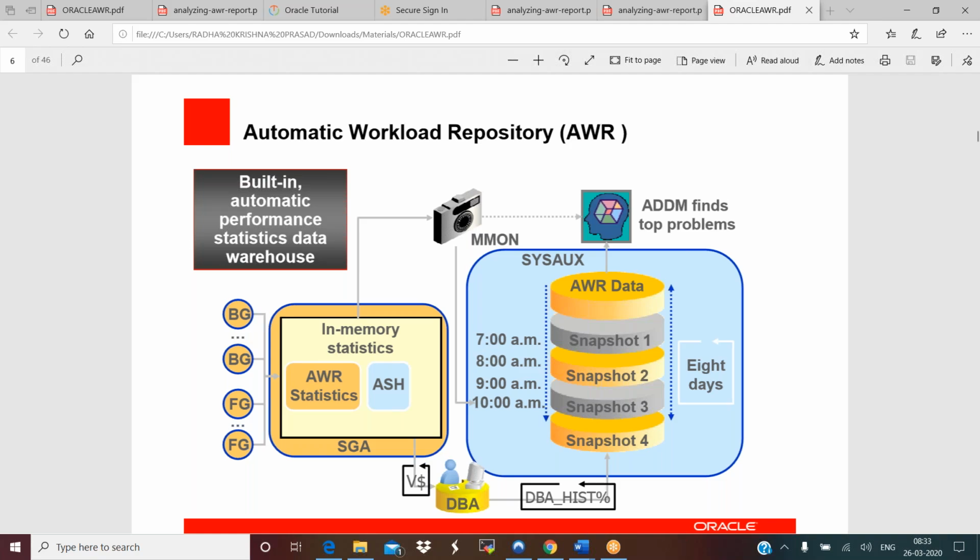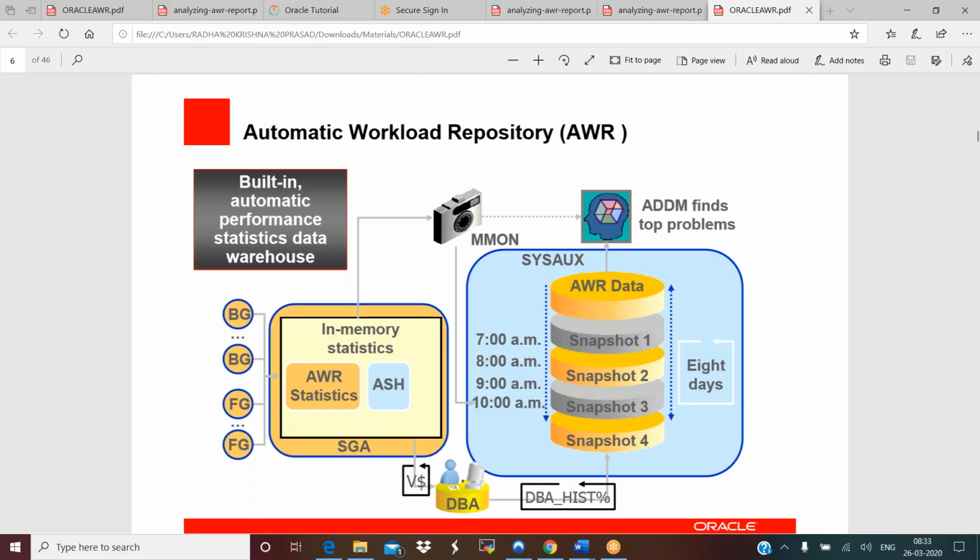You can see the load profile, DB time, and some main important metrics like DB CPU, redo size, physical reads, physical writes, and talking about user calls. And I have a sample, sorry, ADDM report and sample